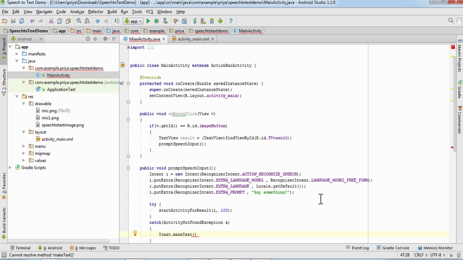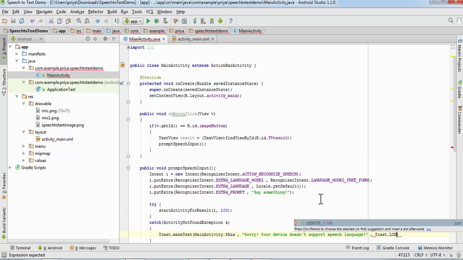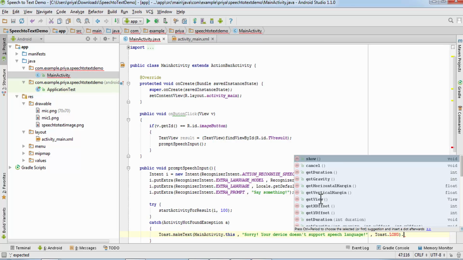So the first parameter is context, so you can write MainActivity.this. The second parameter is the actual text, so you can write sorry, your device doesn't support speech language. And the third one is the length, so you can write Toast.LENGTH_LONG or SHORT and .show.